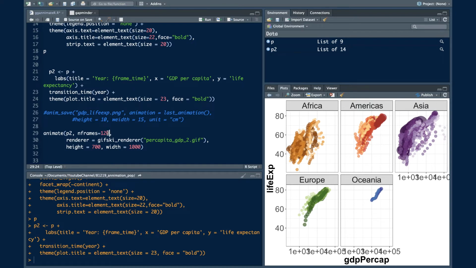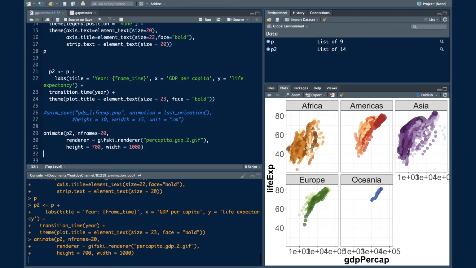If the number of frames is less, you will get the rendering quickly and you will get very quick plots. For instance, if we put 20 and then press Ctrl+Enter,